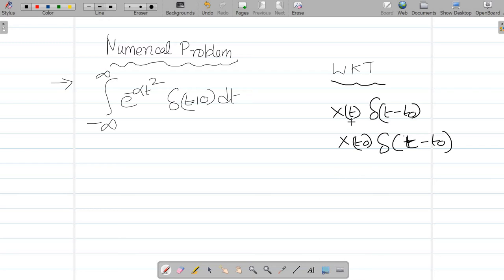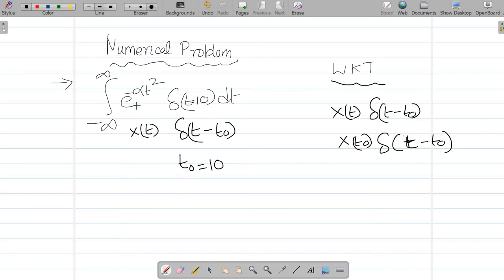That is, the t naught gets substituted into t of x. Now when you compare this with the given integral, you find that t naught is equal to 10,